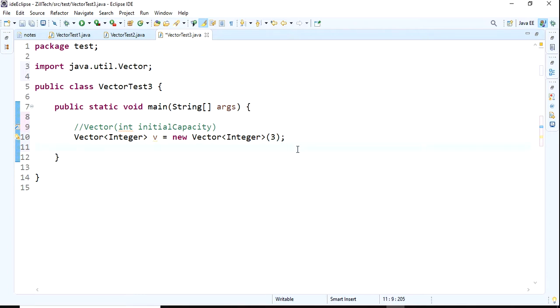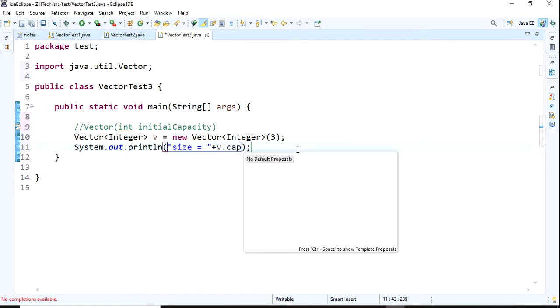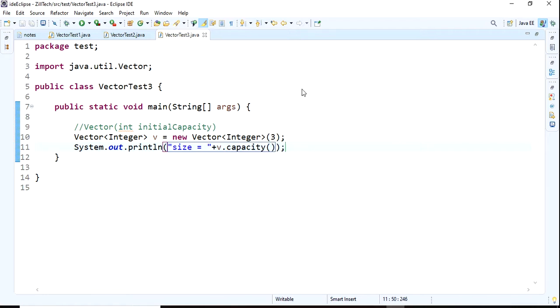First you will see the capacity, how much it is going to be. System out, size plus v dot capacity.